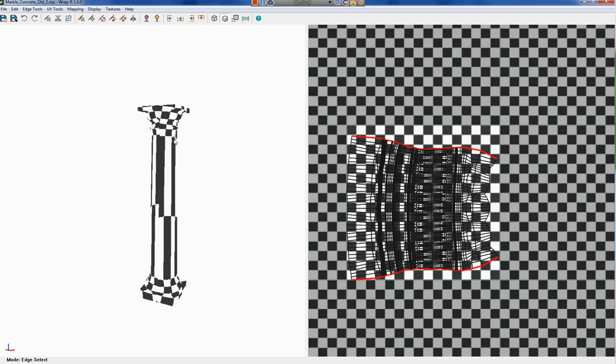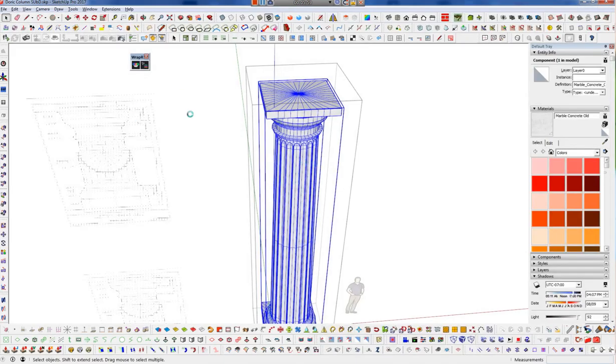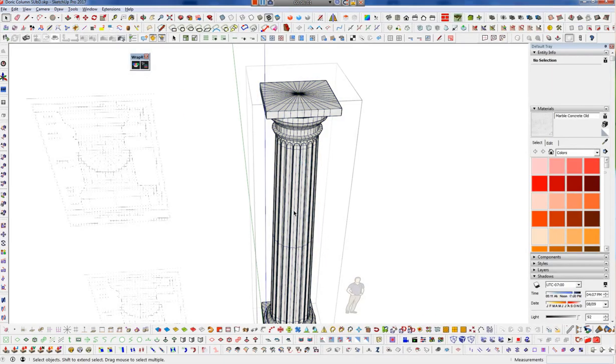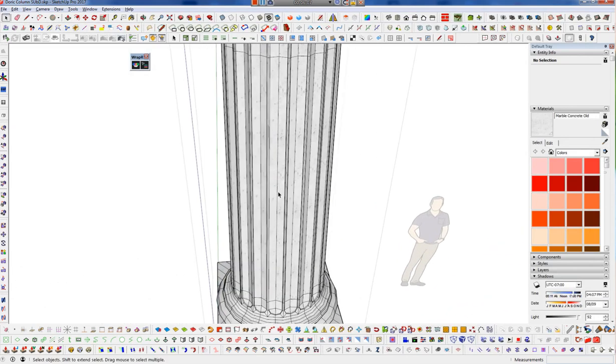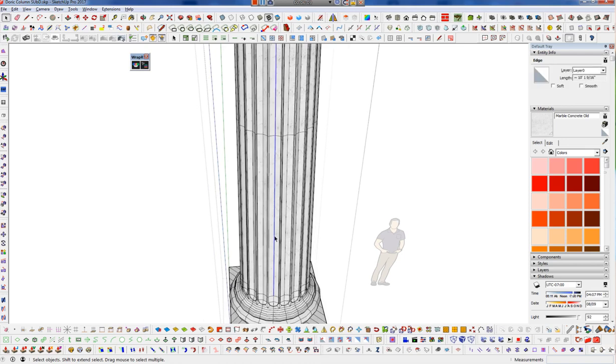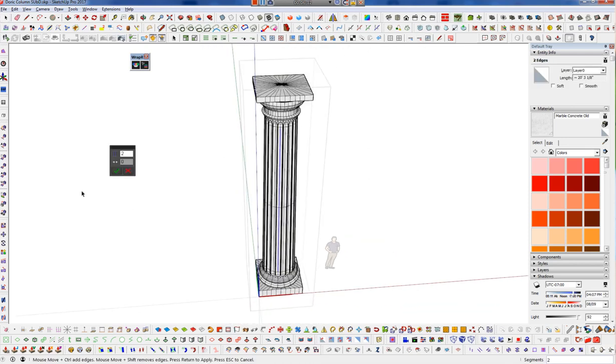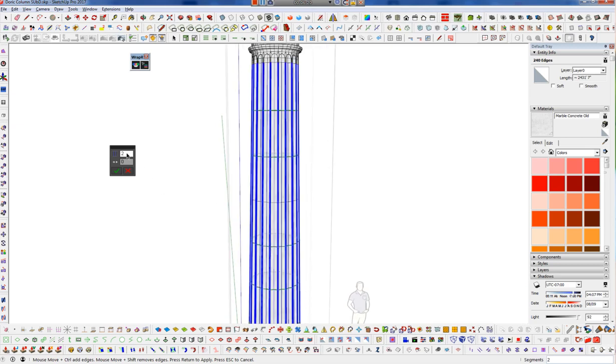So there's a couple different ways we can combat that. Let's go back to our model, say yes, we want to exit. I didn't save any of the UVs there. So the one thing we can do is get in here and actually add some edge loops. And if we went through, and let me actually select the ring first, that would help. And let's say I wanted to add 4 of these. That's going to actually help WRAPR to